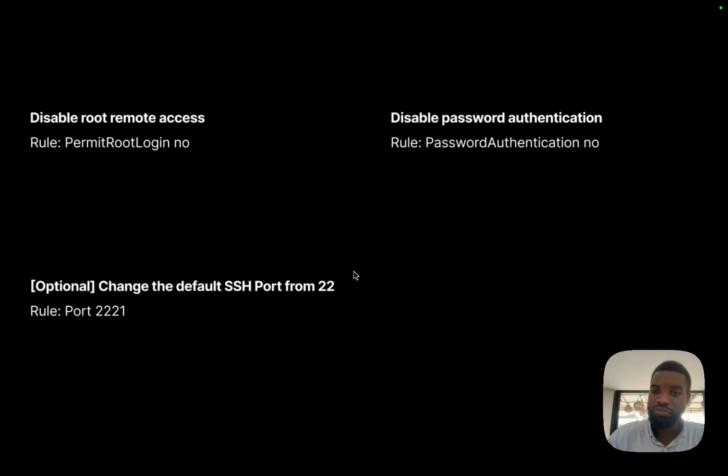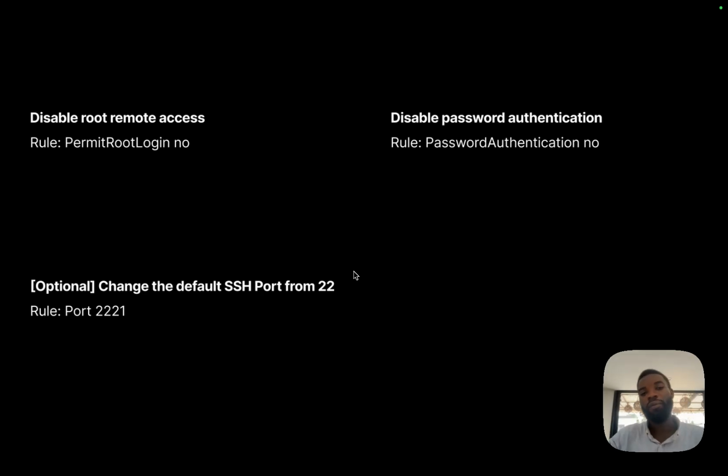Another rule that's available is password authentication. Typically when you're connecting to your SSH servers, you'd use some public-private key pair to connect. However, if you don't have that, you can use password authentication, but we typically want to disable this because then attackers can brute force their way into our server by just spamming a bunch of passwords until they get the right one. So we also typically want to disable this, and the rule for that is PasswordAuthentication,